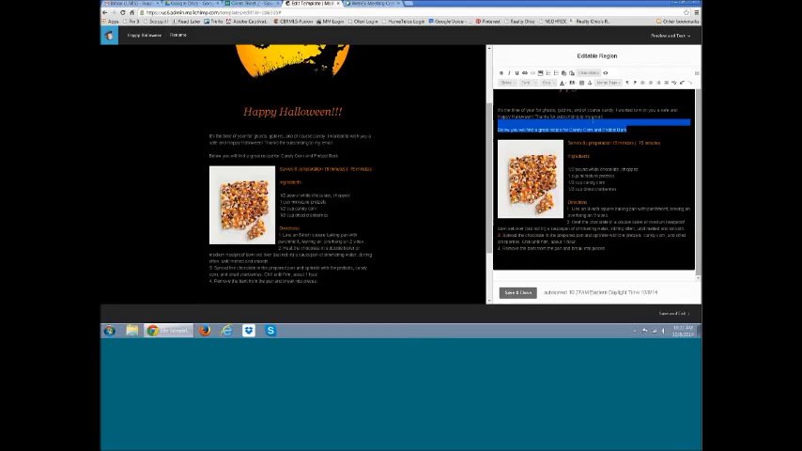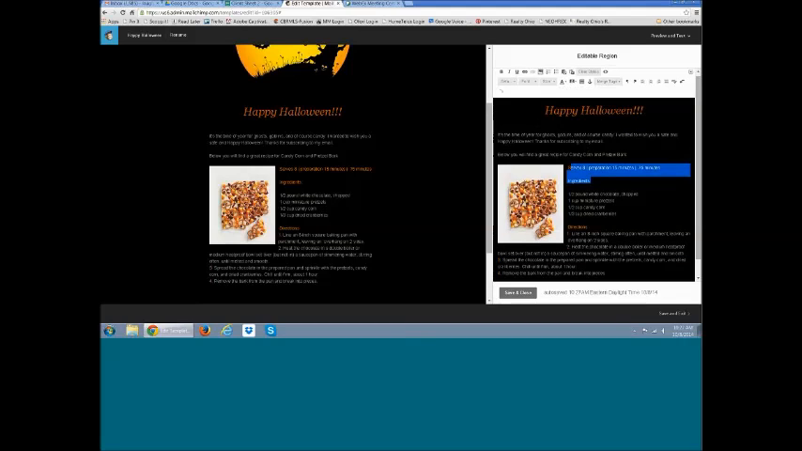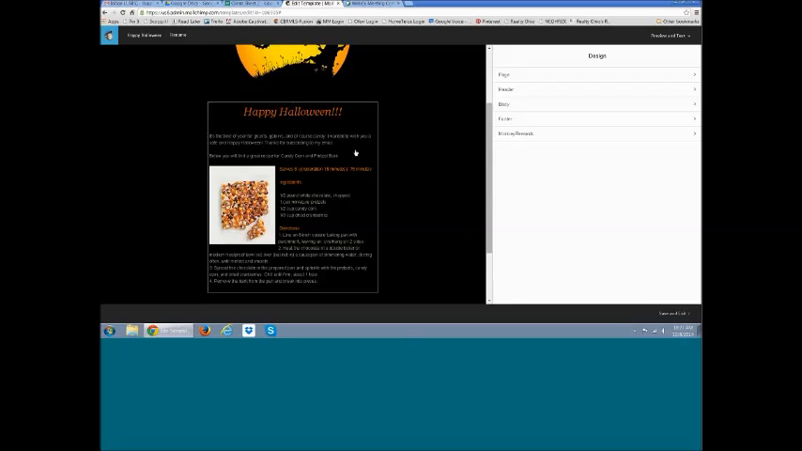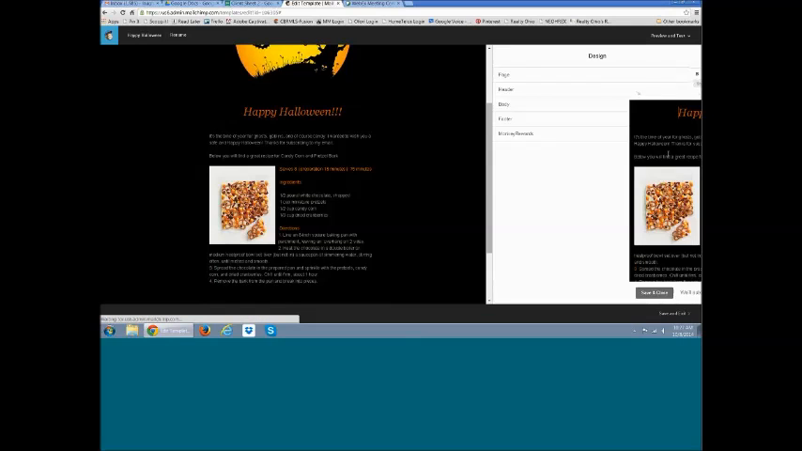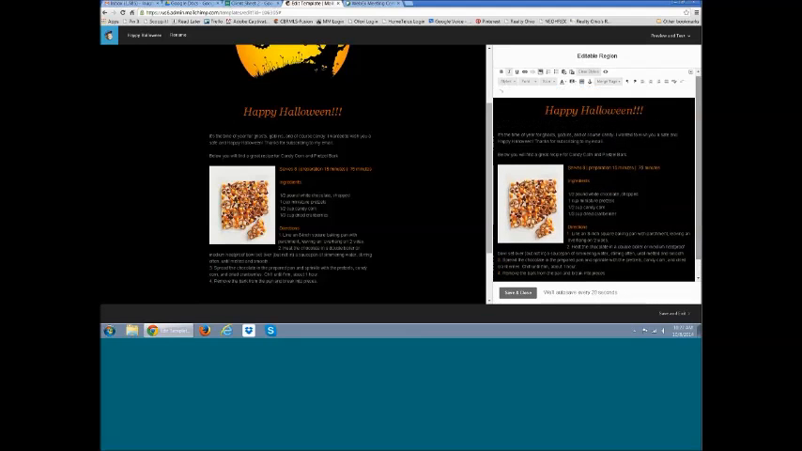So they're going to see this white text. They're going to see this orange text down here and the way it's formatted. So all the formatting that you see, and all the images that you're seeing in here,